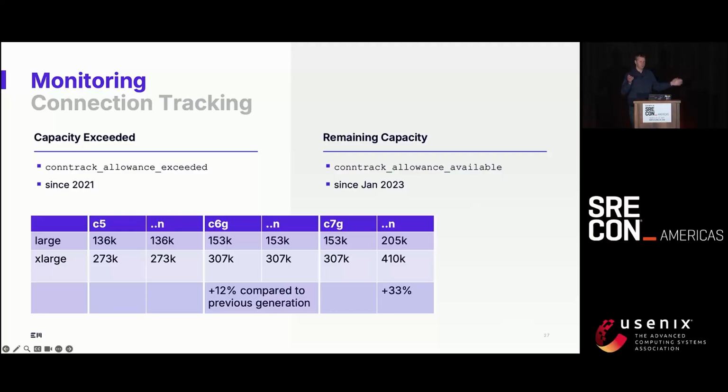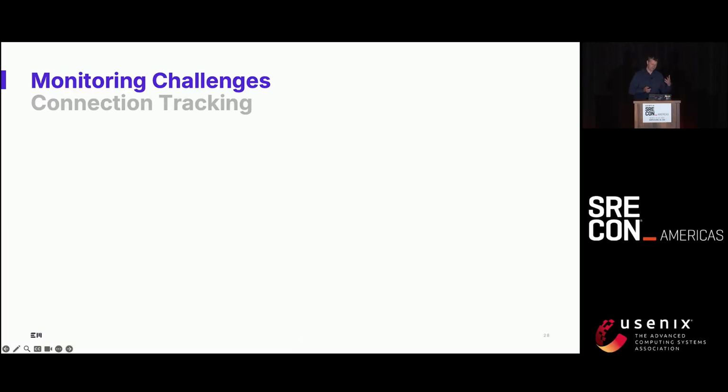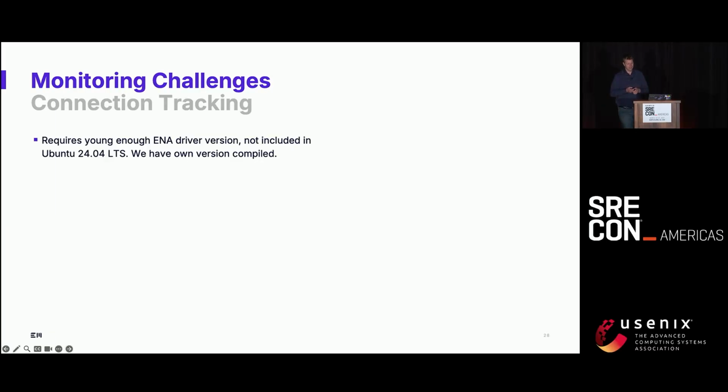So that's not like the throughput, which was 3 times more, or 10 times more, a lot. At least we have more connections for more money. That's cool. The very latest instance type, C8, has the same limit, and the network enhanced one is not available. So we have no monitoring metrics, and of course we again had some challenges with those things where we were